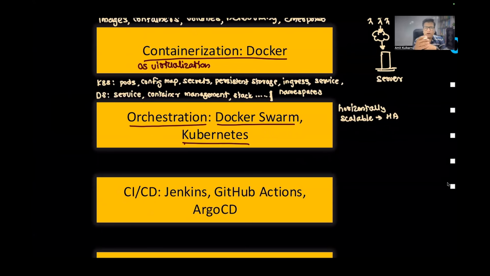Horizontal scalability, or high availability, can be implemented by using orchestration engines or orchestration tools like Docker Swarm or Kubernetes. In the real world, we do not use Docker Swarm anymore. I mean, we do use it, but only for small projects. But thinking about, let's say, a live match, you have no option but to go for Kubernetes-like services. There are many other options out there, but Kubernetes is really shining a lot. That's why we have chosen Kubernetes. So this is the one which is important for you to install, to configure, to create a cluster, and so on and so forth.